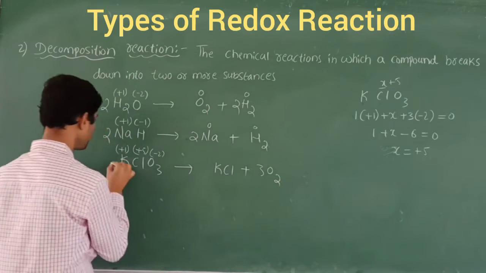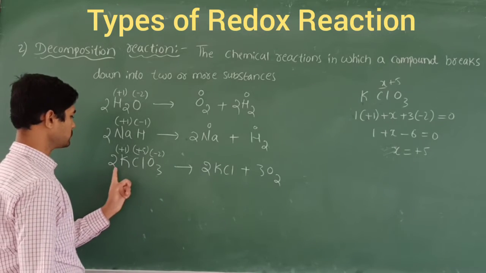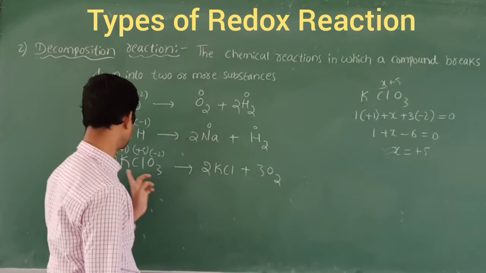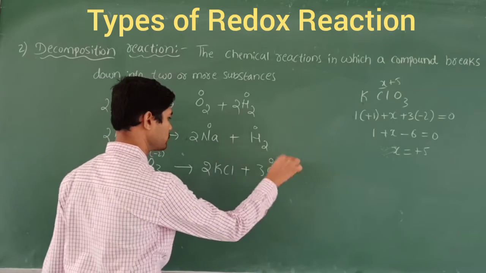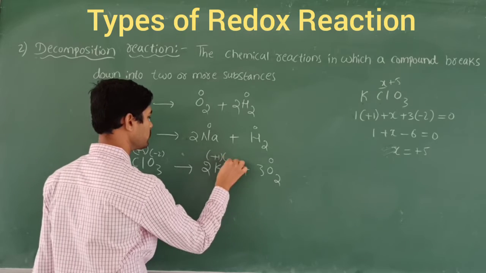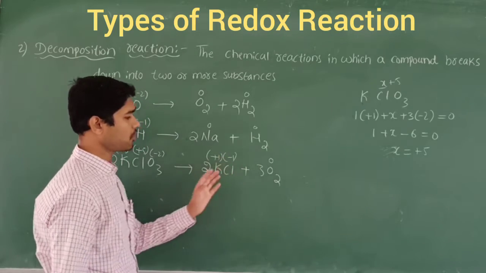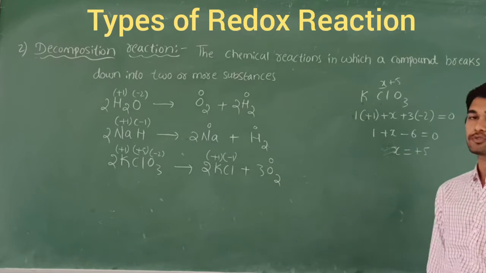So when it breaks down, it forms KCl plus oxygen molecules. I am going to balance it here. So like this, 2 KClO3 gives 2 KCl and 3 O2, because 3 oxygen, 3 oxygen. So what about this oxidation state, I mean oxidation number? That should be 0. What about in this case? Potassium +1, chlorine will be -1. So these three examples come under the decomposition reaction.